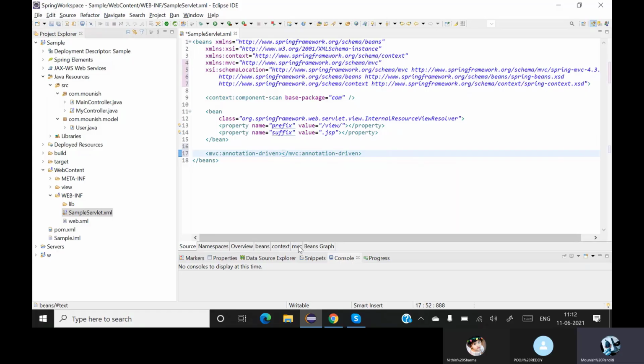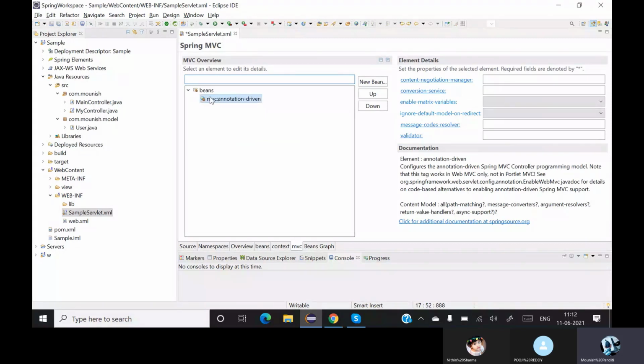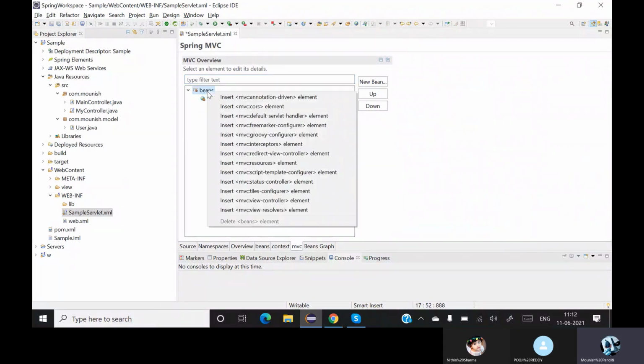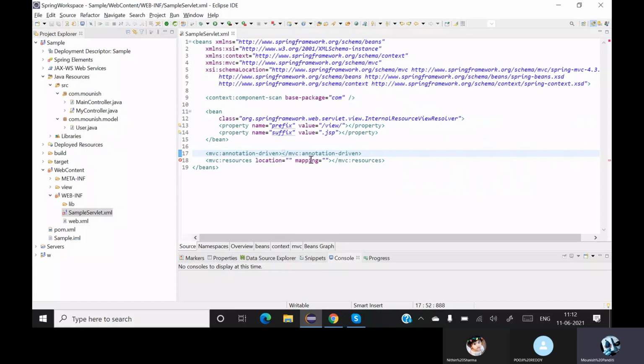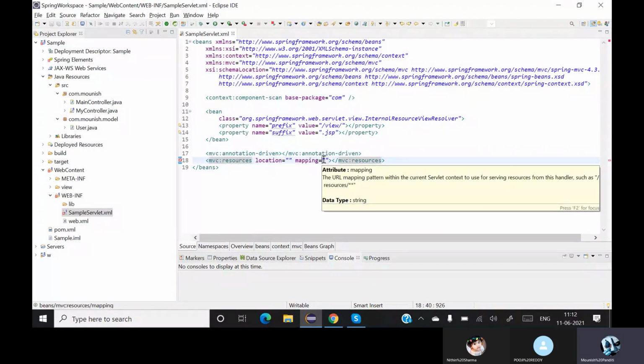Okay, the same way. Inside this, I'm going to add another annotation, which will be my resources. What are resources? Resources will basically be our front end files, meaning our styling files. Whatever styling we want to do, those files we have to add over here. You have an error: the location and mapping are not given yet. So we will give all those things. Got it?